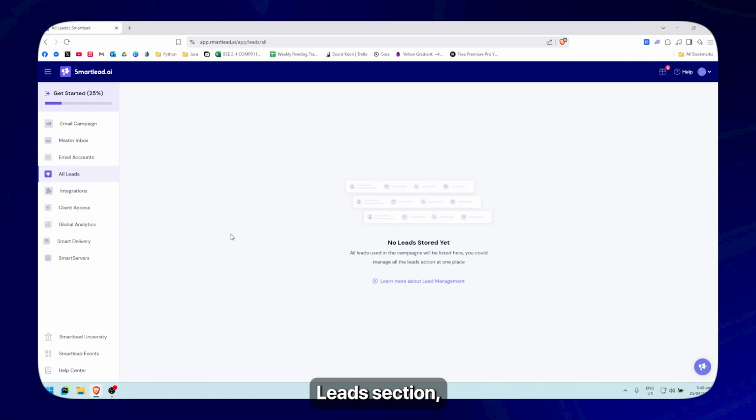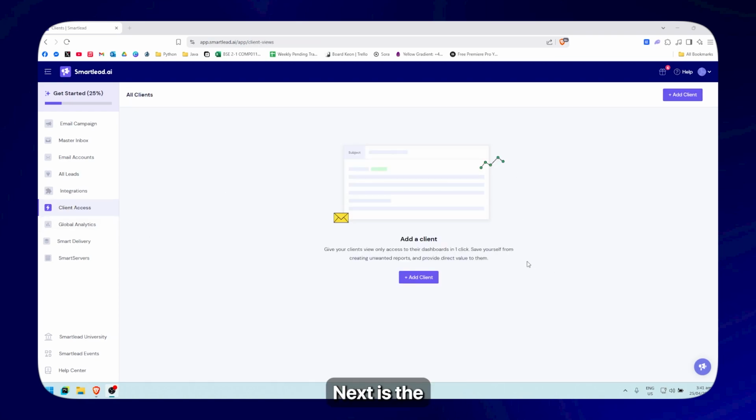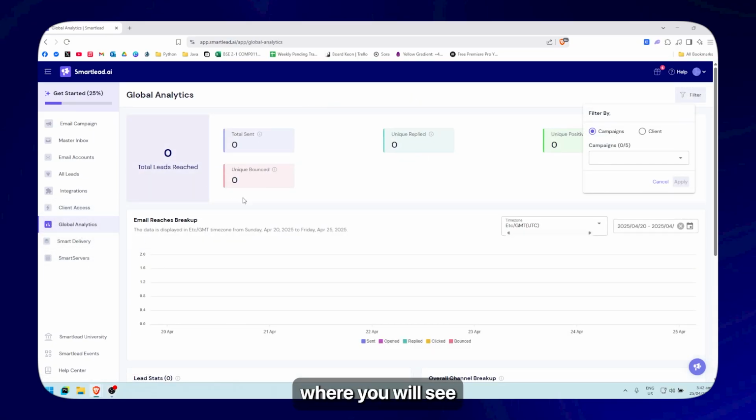Next is the all leads section, where all leads used in the campaigns will be listed right here. So this is where you can manage all your leads. Next is the integration section, where you could connect the apps like HubSpot, Clay, ListKit, and Lead Magic. Next is the client access. Then next is the global analytics, where you will see all of the details and analytics of your campaigns, your total sent, your unique bounce, your unique reply right here,